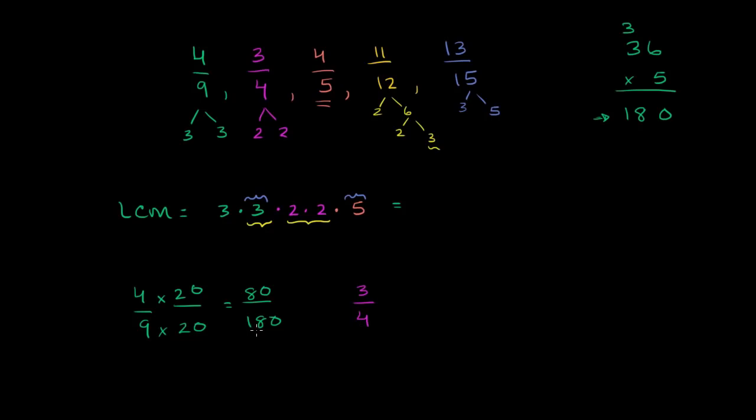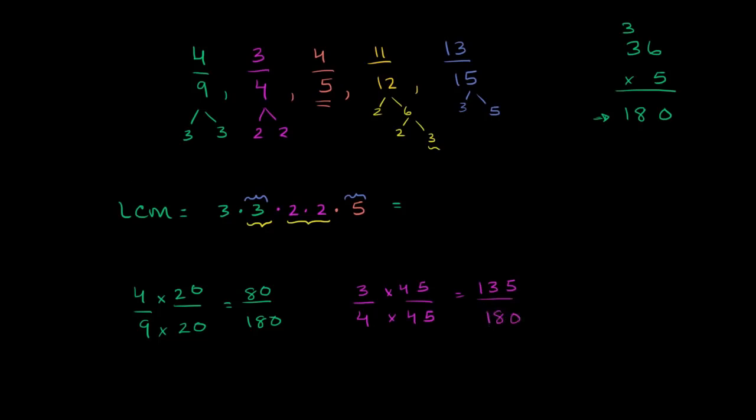So it looks like 45. You could divide 4 into 180 to figure that out. But if you take 4 times 45, 4 times 40 is 160, 4 times 5 is 20. You add them up, you get 180. So if you multiply the denominator by 45, you also have to multiply the numerator by 45. 3 times 45 is 120 plus 15, so it's 135, and the denominator here is